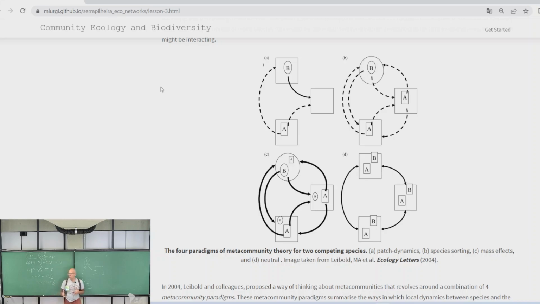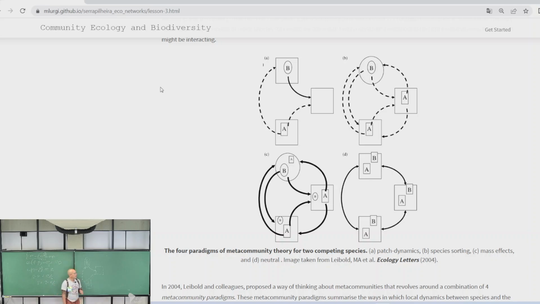So how good you are at outcompeting your enemy, let's say, and how good you are at moving across the landscape. So in a patch dynamic situation, you sort of assume that species are very good at competing in their habitat, but they are not very good at moving. So the strategy they adopted in this trade-off was to be very good at their own thing, but being less